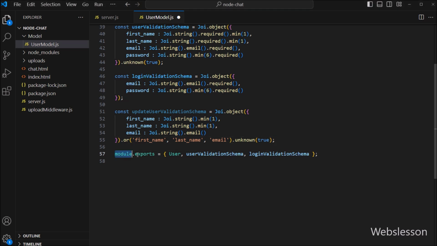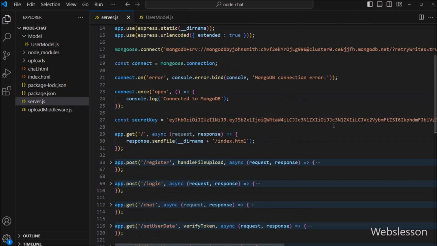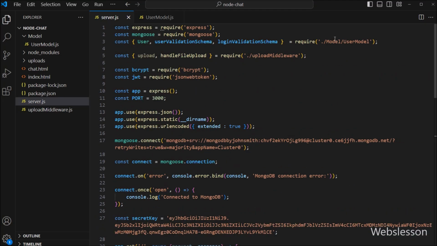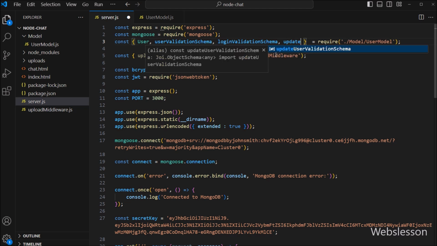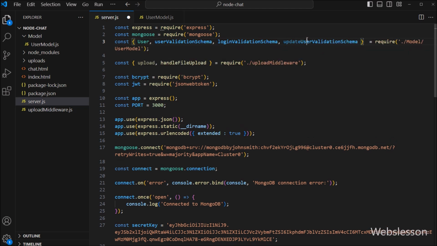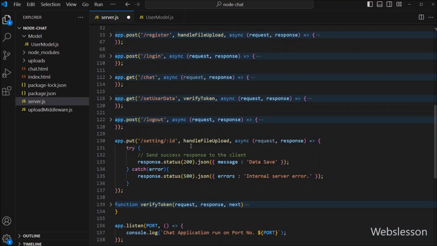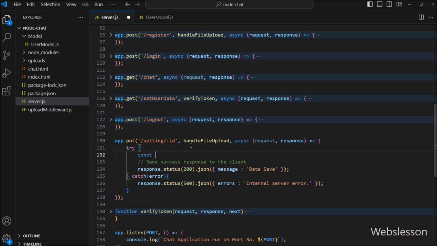Now we go to this export statement, and here, we have to write the updateUserValidationSchema name. So now this schema we can use in another file, so now we go to the server file. And here in the header code, we add updateUserValidationSchema, so now we can use this schema under this file. So now here, we have to write a constant validationResult variable is equal to updateUserValidationSchema